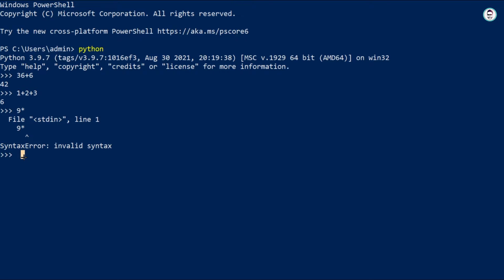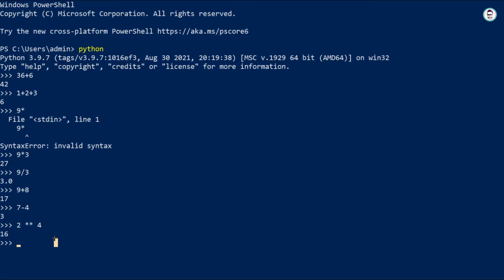So for that we can write this, which is for multiplication. For division you can write this, then for addition you can write 9 plus 8. Subtraction you can do by 7 minus 4. For exponential you can use double asterisk and then the power you want, and it will give your answer.